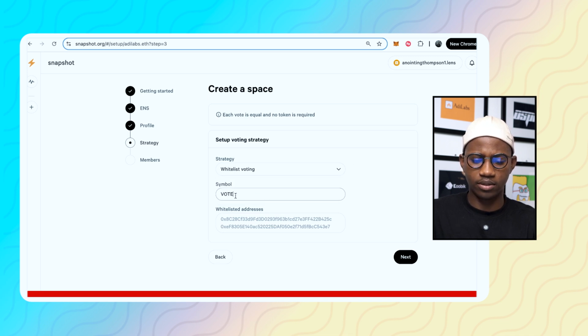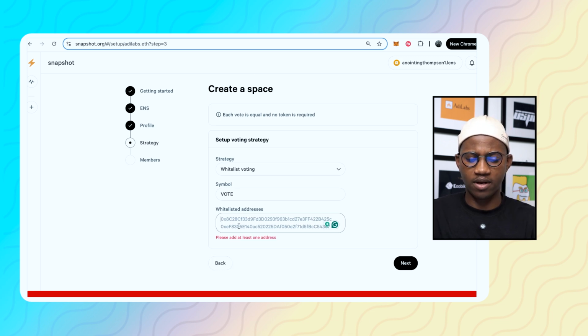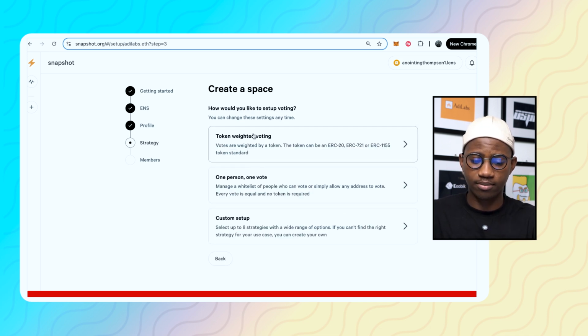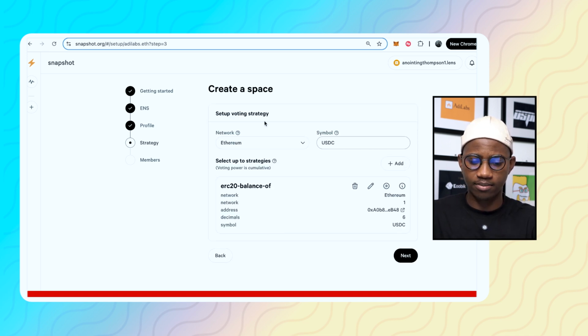Now you add the token symbol and the whitelisted addresses that you want to be able to vote on a proposal. Once you've added all of these whitelisted addresses and then the token symbol, you just hit next, and it's going to prompt a new transaction on your MetaMask for you to sign the new transaction to set up that strategy. But we're going to go back to try out the custom strategy, which is the custom setup in this